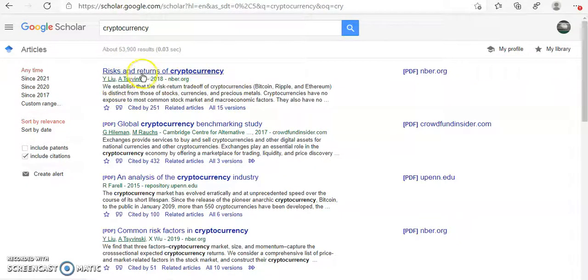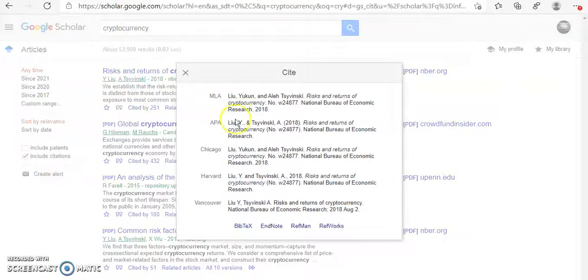Rather than doing it manually, Google Scholar gives you the option of doing it all ready-made. Over here you see the double colon which is here. You just have to click on it. The moment I click on this, it will automatically show me how to cite the paper. As you see, it is written cite here. These are all the citations which are ready-made available, and they are available in different styles.